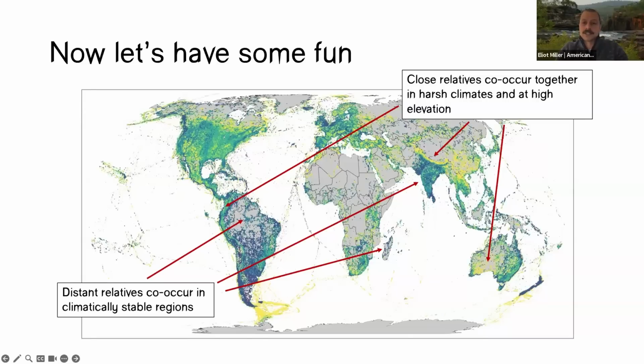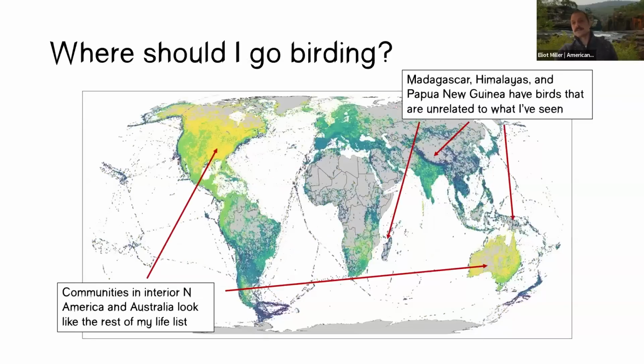So as a result, you can see increasing evolutionary relatedness in arid regions like interior Australia, and then coming out of the Amazon into the high Andes, in the boreal, going up the Himalayas and into the Tibetan plateau. So that's really neat stuff you can start doing right out of the gate. But then we can also personalize this stuff. So let's look into where I should go bird watching, me personally, to see evolutionarily distinct species.